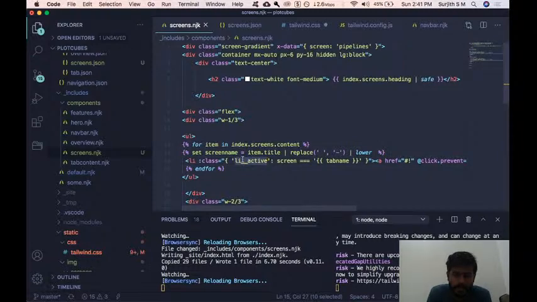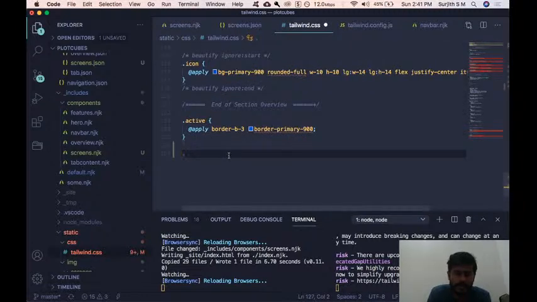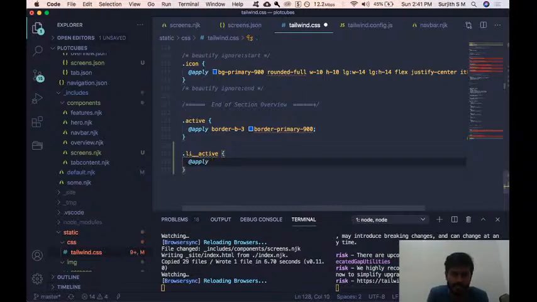We have li.active here. So I'm going to li active and then apply border b3. Instead of border b3, maybe we can just put border L4,